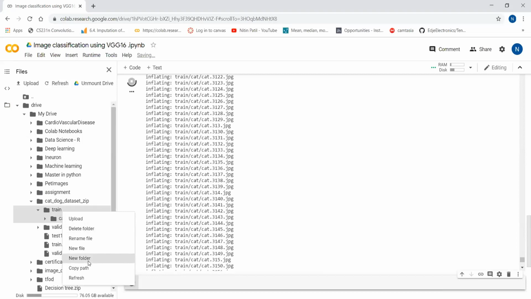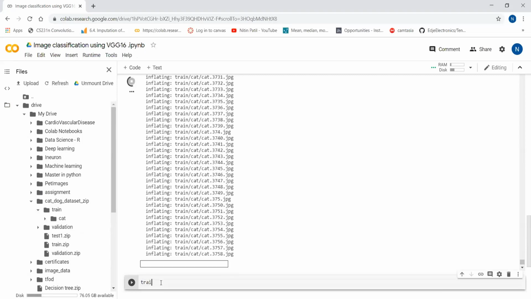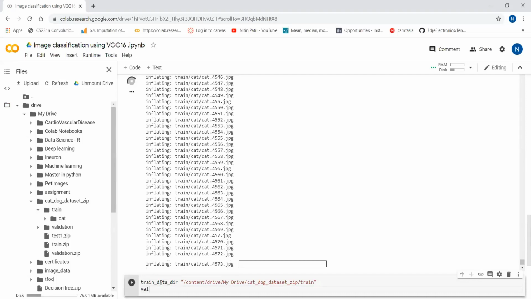We will create variables now. I will say copy path, then train_data_dir is equal to this, and validation_data_dir, I will copy this path.